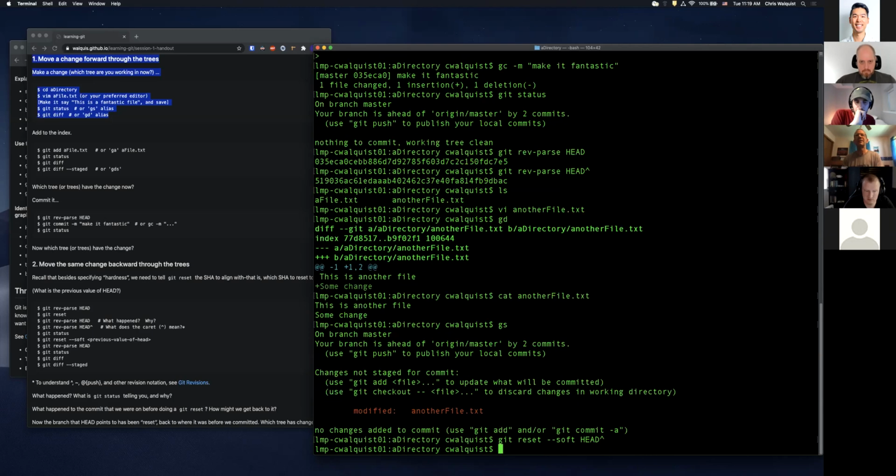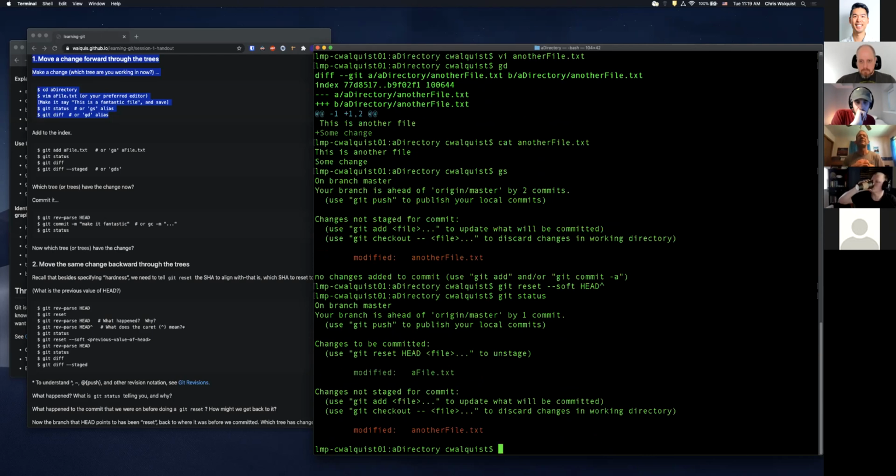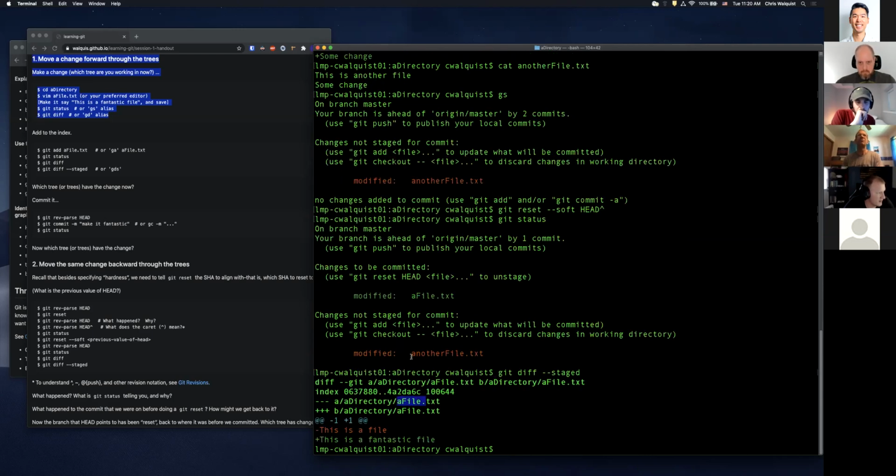So now if I say status, okay. So now I can use my git diff staged to verify. And it just shows that file because that's what's different with respect to head now, because I moved head back. So nothing has changed in index. Nothing has changed in my workspace, at least not with this git reset. The only thing that's changed is I pulled head back by one commit to the parent, right? Pulled it back to the parent of the commit that I was on.